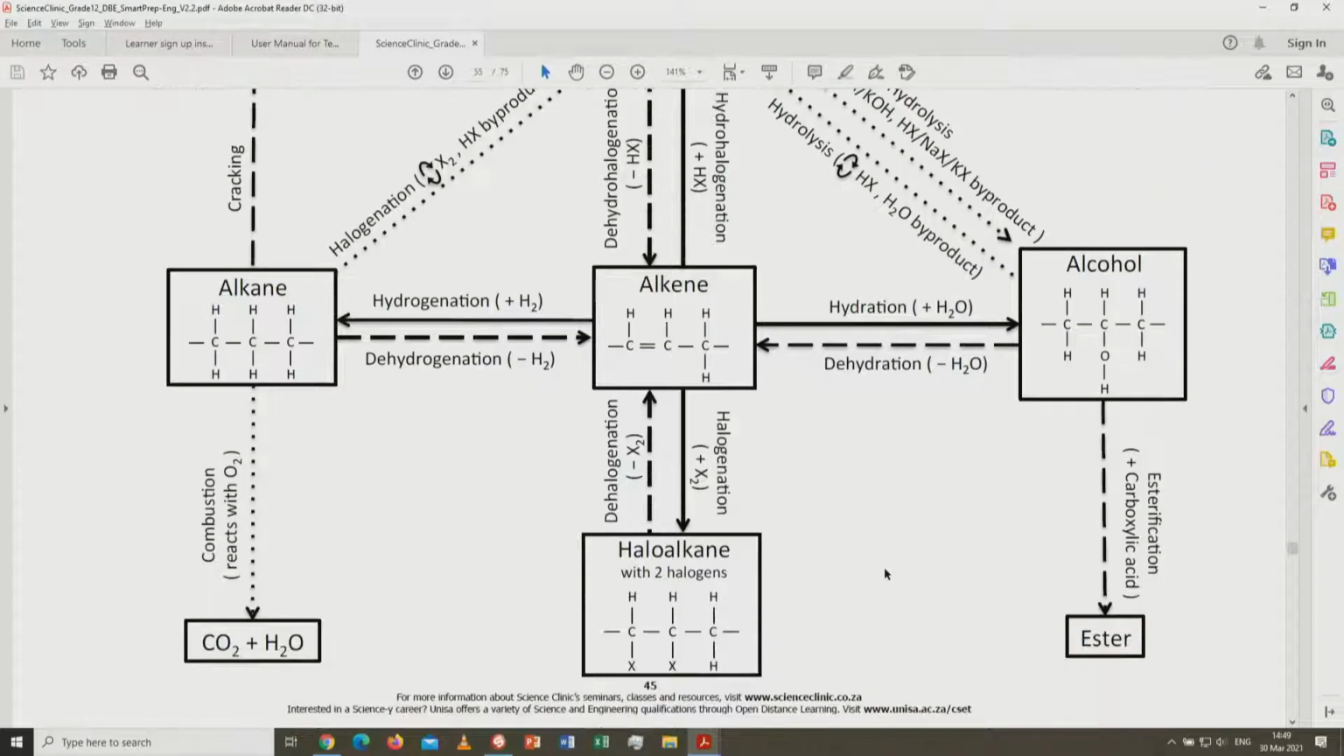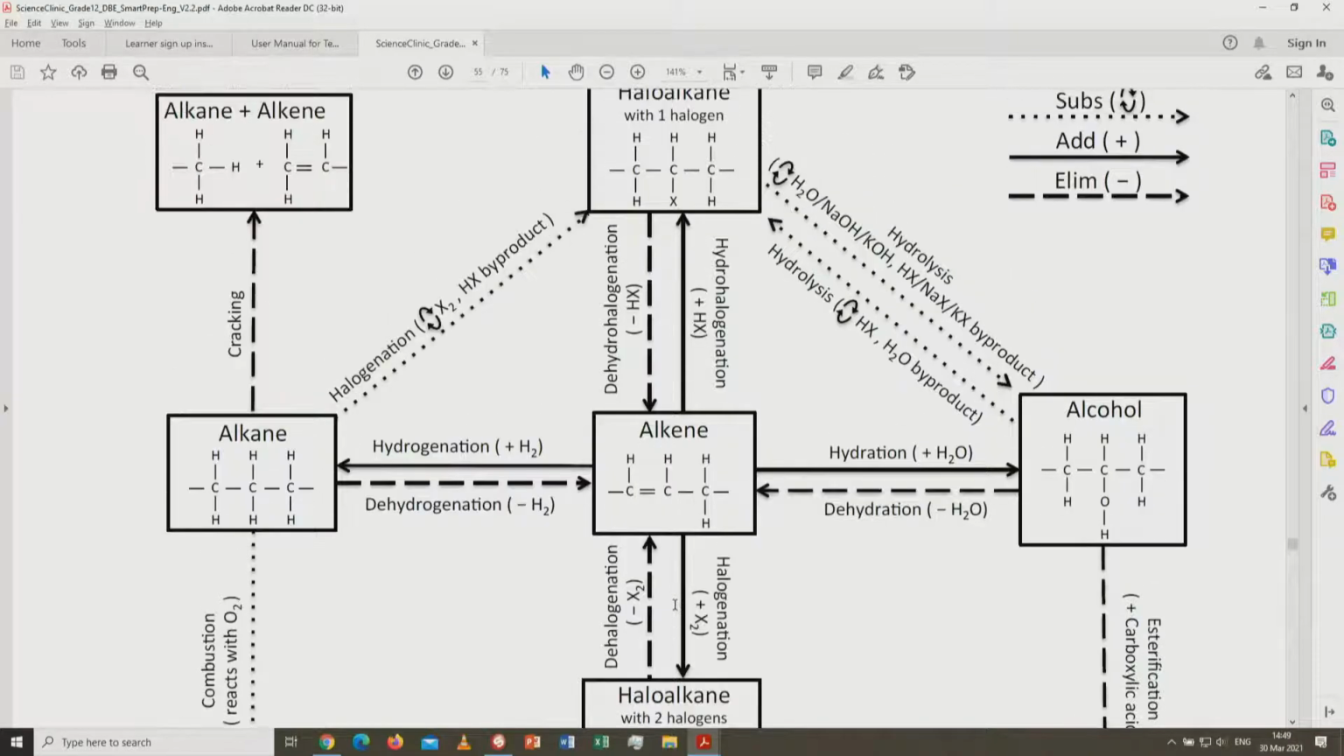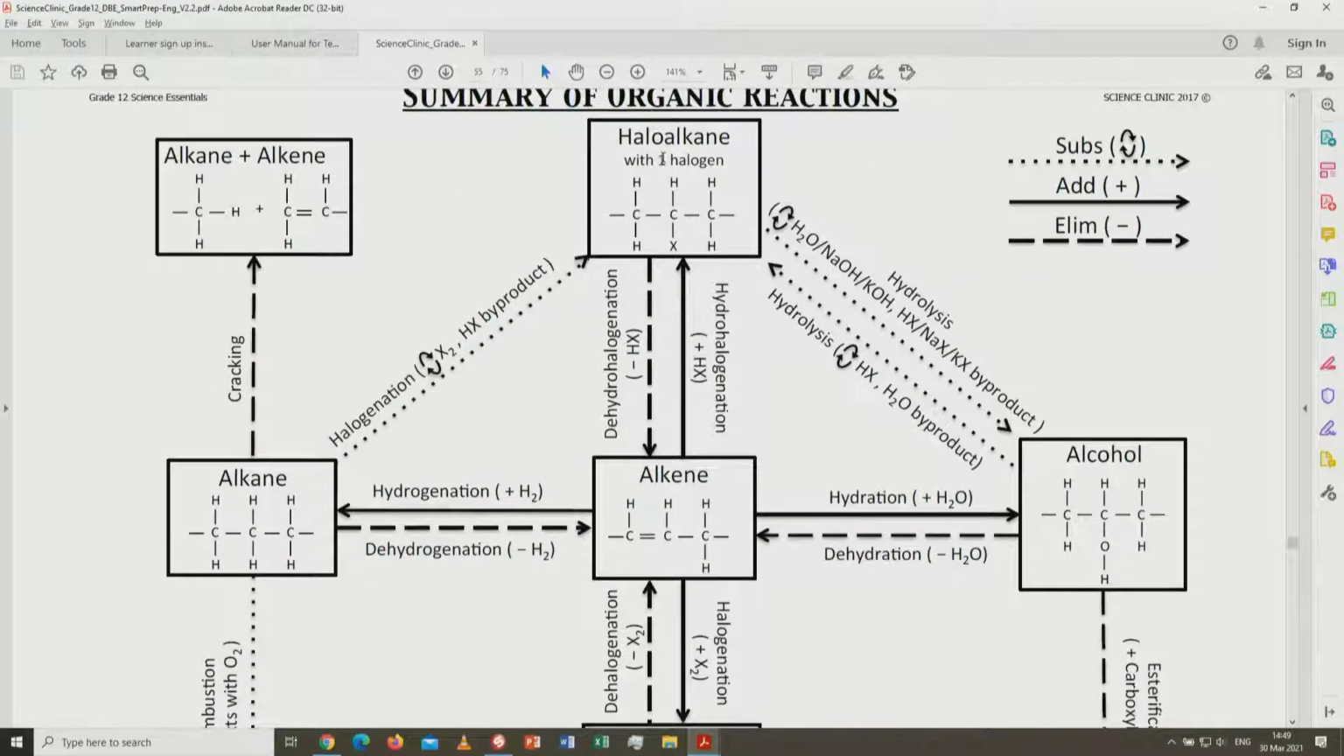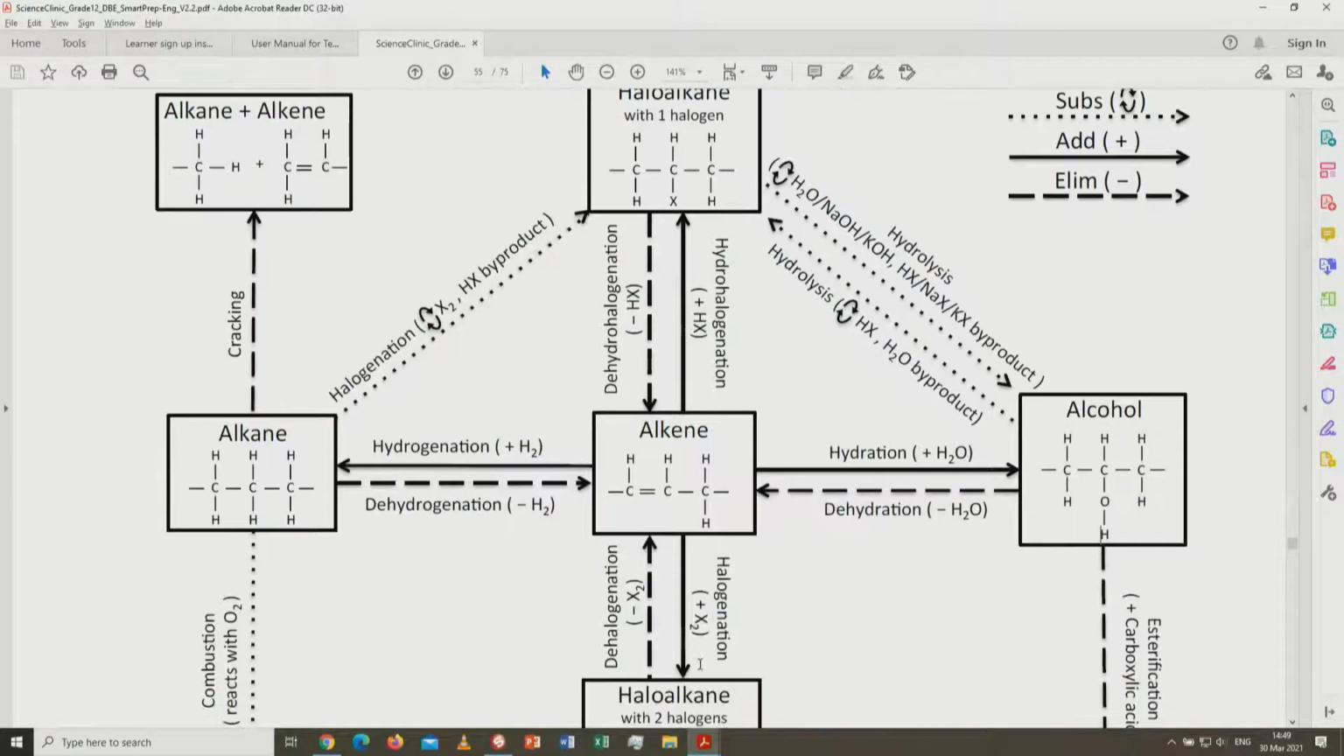From the alcohol esterification with a carboxylic acid, I add it and I get the ester. In this case, alkene halogenation, I add a halogen to it, I get a haloalkane there. Haloalkane precisely as the one on top,